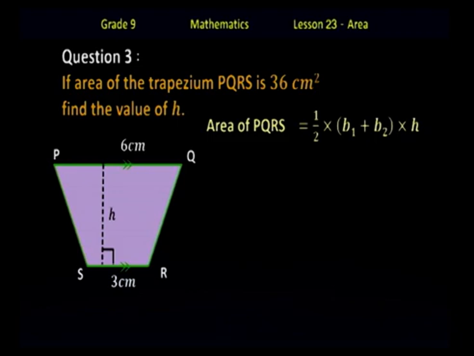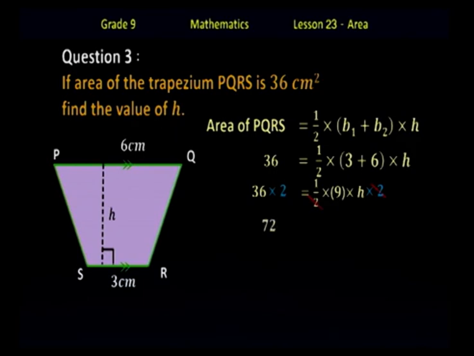Area of trapezium PQRS equals half into sum of two parallel sides into height. Then area is 36. Then it is equal to half into 3 plus 6 into h. Then 36 equals half into 9 into h. Now you can simplify this equation in your way. I think it is easy to multiply both sides by 2. Then 2 and 2 cancel and the other side becomes